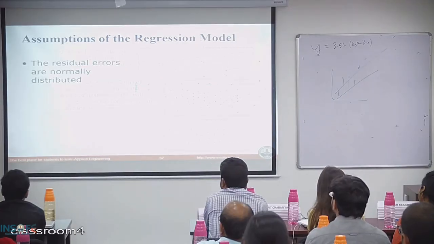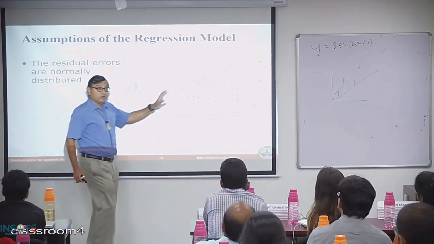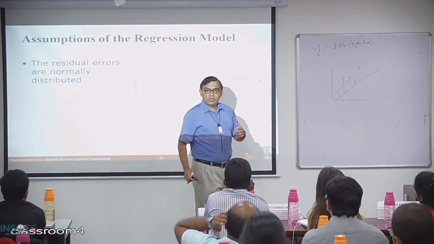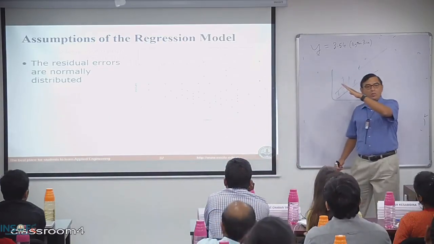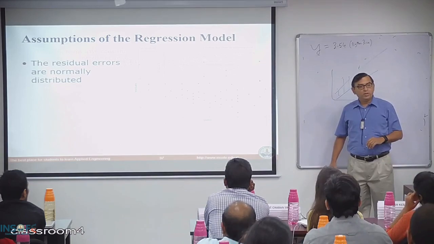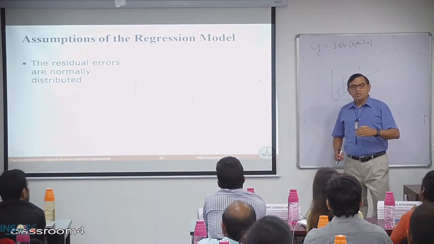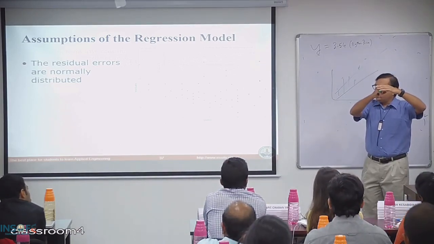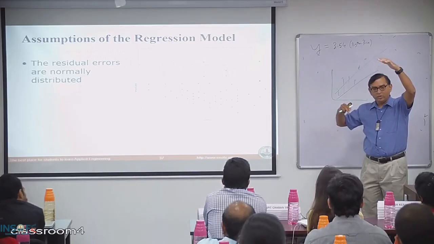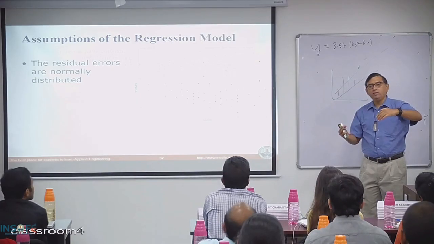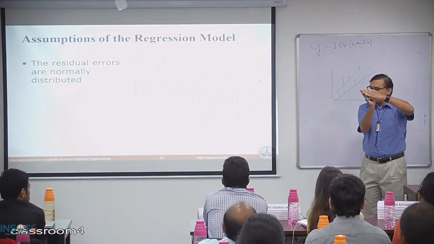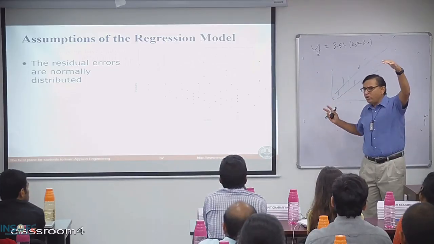One more assumption that is made is that the errors are normally distributed. What does that mean? If a linear model was a good fit, what that means is that some points will be closer to the line, some points will be far away from the line on either side, right? But hopefully more points are closer and you find fewer and fewer points much